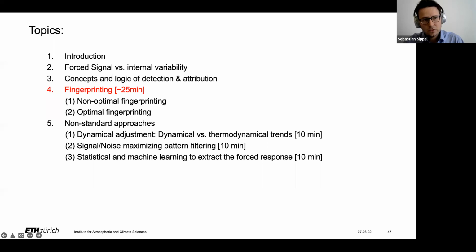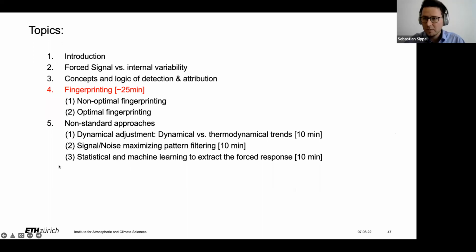Then I would like to use the last half hour or so of today's lecture to talk about a few non-standard approaches that have been used, partly rooted in really old ideas, but also with new techniques being used more recently. These relate to dynamical adjustment, so splitting into dynamical versus thermodynamical trends, pattern recognition techniques that do what is called signal-to-noise maximizing pattern filtering, and, as the last part, a few approaches that bring in statistical and machine learning to extract the